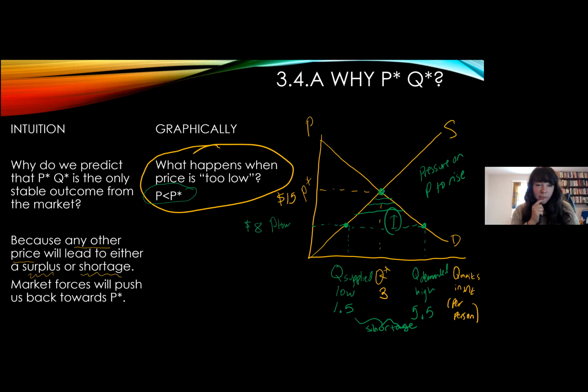Maybe think about a time when you've seen bargaining play out in the real world. What does it feel like? What's a situation where you've seen a shortage? For me, a lot of times it looks like somebody buys up all of the product I want and starts relisting it on eBay for higher prices, right? And then you really see the auction make the price rise. Okay, so that's what happens if the price is too low.